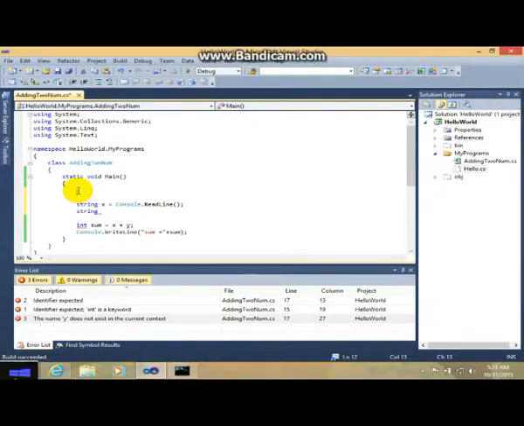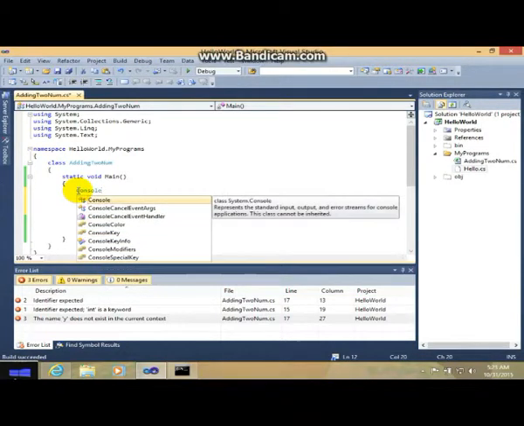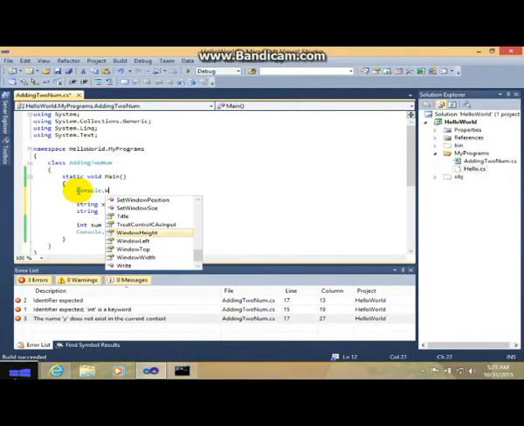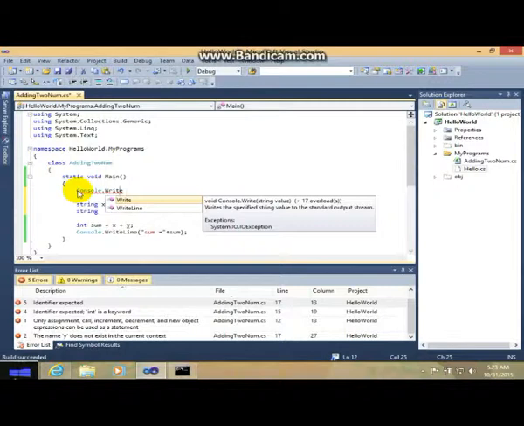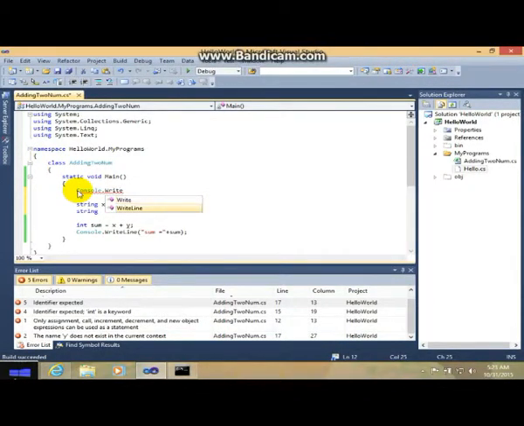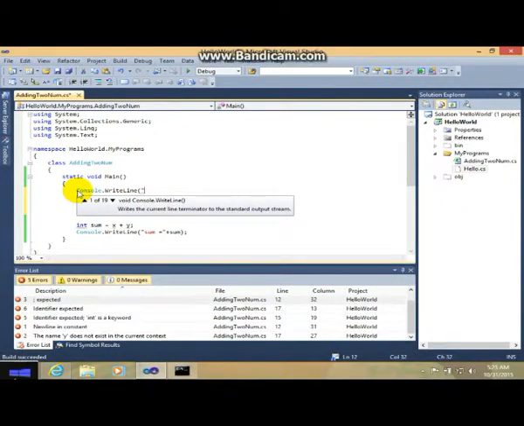Oh, you can display that. Just follow the steps: capital C O N, Console.WriteLine, then just give a fancy display like please input two numbers, and it will come up on your screen.